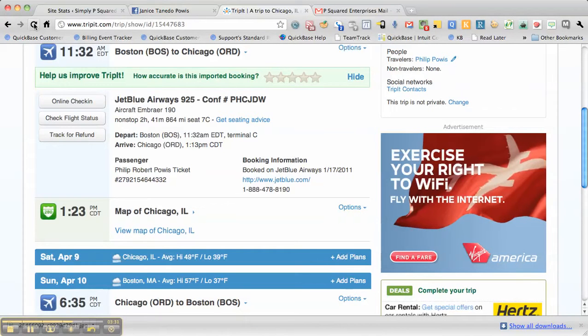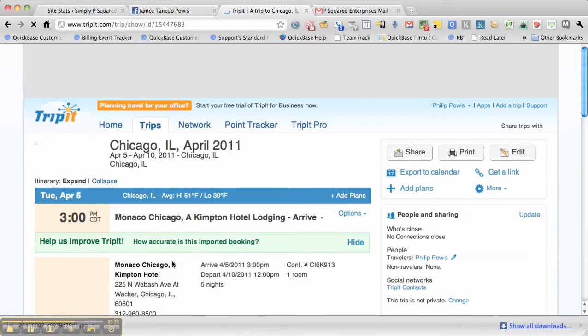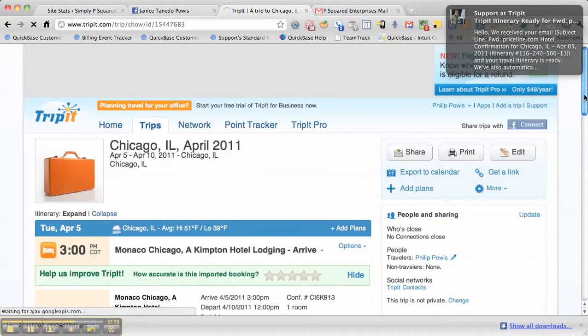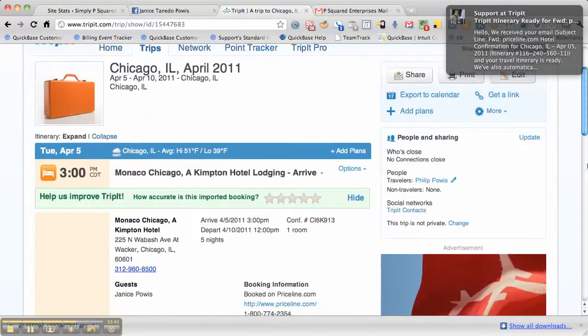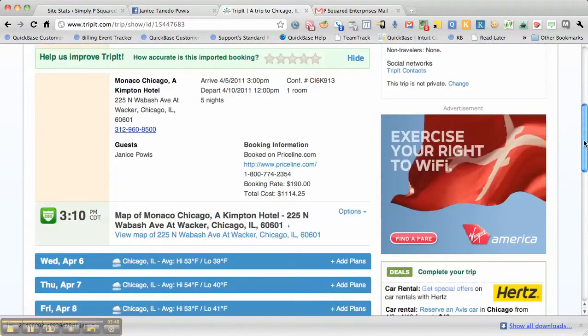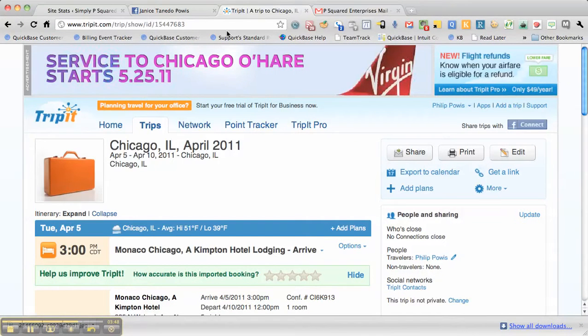And now if I refresh, if it picks it up for me, here we go. So now you'll see that it's already picked up my hotel reservations as well as all of those details. So it's pretty fantastic little product here. I'm going to see if I can find